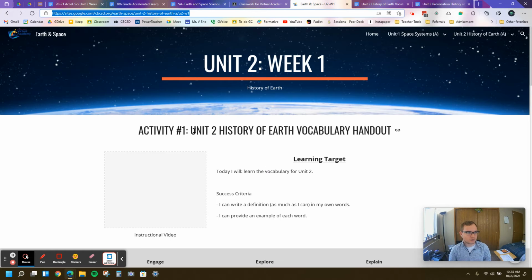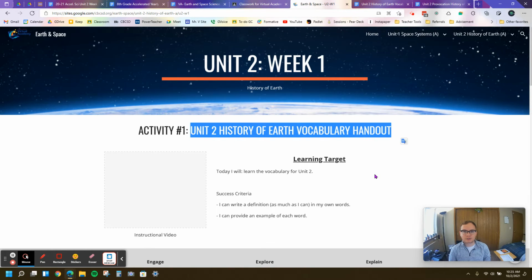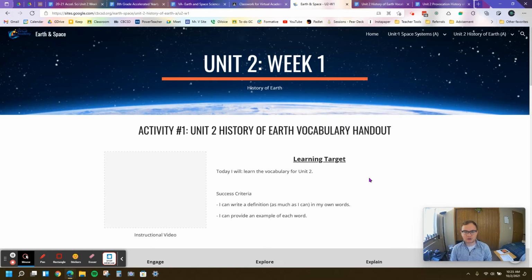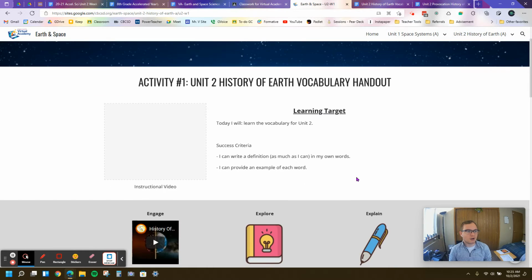To start off, if we look at our first activity here, we're just going to be going over some vocabulary. I always try and do that at the beginning of every unit, so you have a nice foundation of some of the terms we're going to be using and talking about. The way that I do my vocabulary might be a little different, but you have two goals here. You're going to try and write a definition as much as you can in your own words, and I'll show you how to do that in the directions, as well as try and provide an example